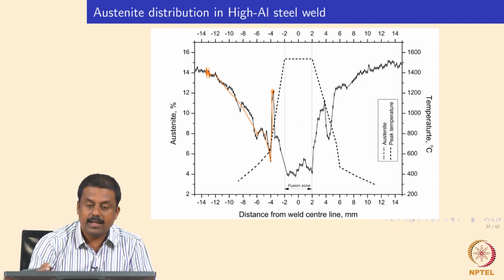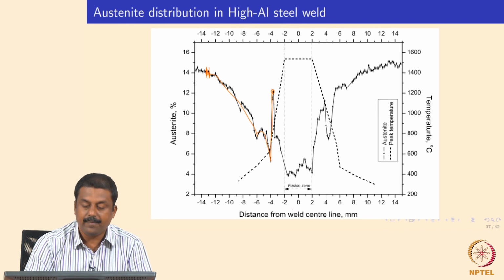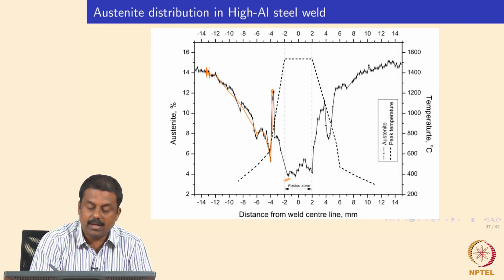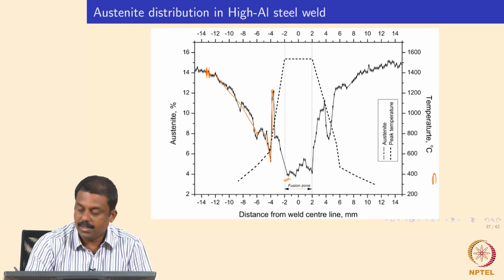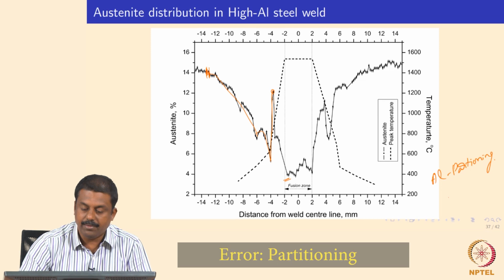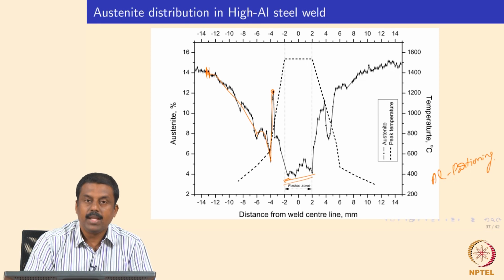In a high silicon steel, we also saw the austenite fraction is increasing when you are moving to the fusion boundary, whereas aluminum steel does not show that effect, mainly because of delta ferrite formation. Okay. So, the formation of delta ferrite can lead to a decrease in retained austenite fraction. Okay. And because you have only retained delta ferrite stabilizing at this temperature because of the aluminum partitioning, which I already explained in my previous videos. So, you have a continuous decrease in retained austenite fraction, and then of course in the fusion zone you do not have any intercritical treatment or any other